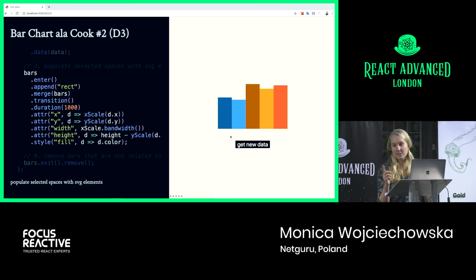And here, we can add transitions in simply by using this key method called transition. We provide it with a duration and then the end values that we want. So here, we're setting up the X and Y positions, and the width and height, and the color. Color didn't have to be where it is. It could have been above transition because we're not changing it in this case. But let's take a look at what we get here. And it's much nicer. It's a smooth transition, and our eye can focus on each of the bars in particular.